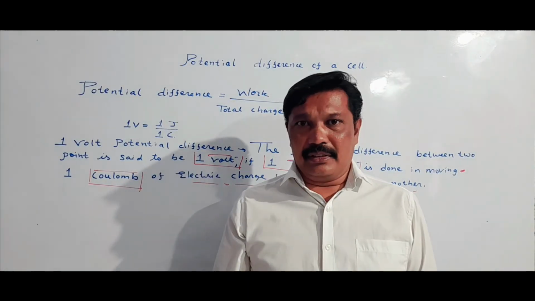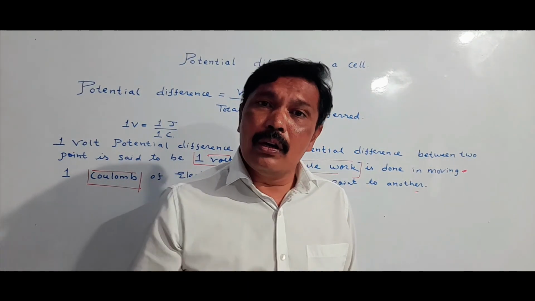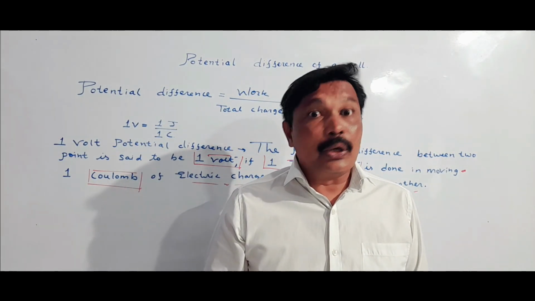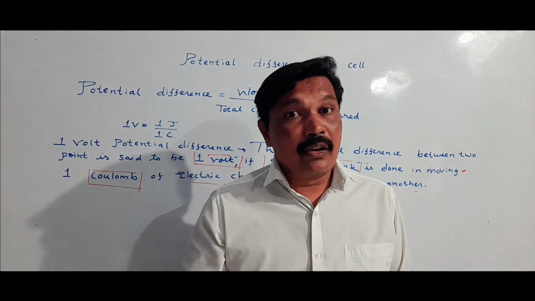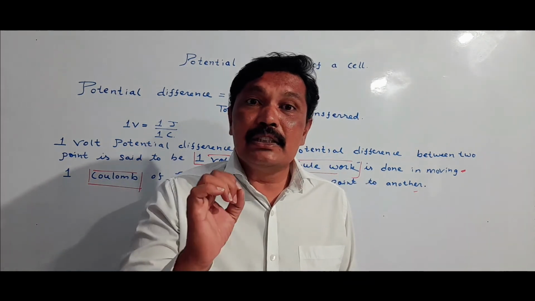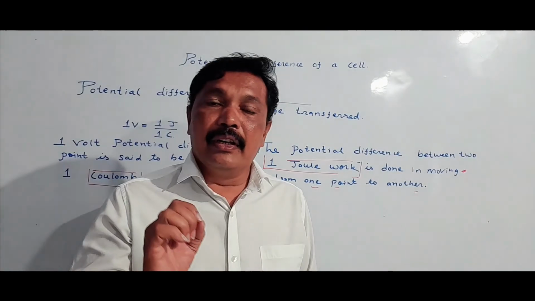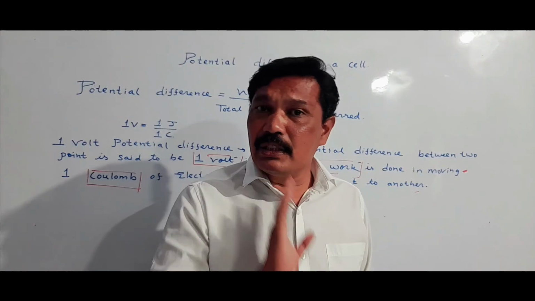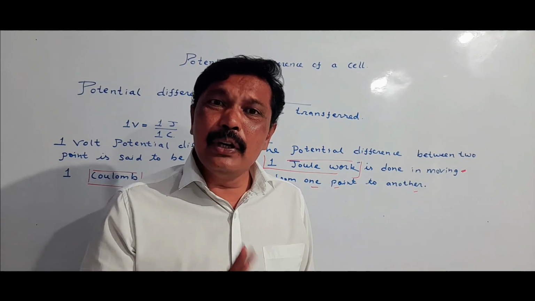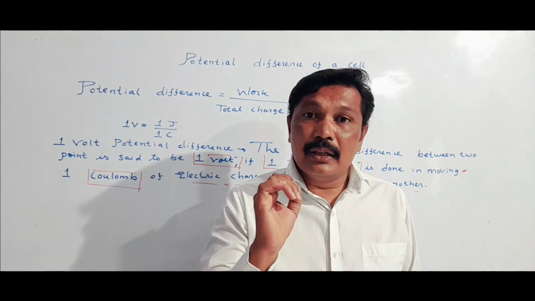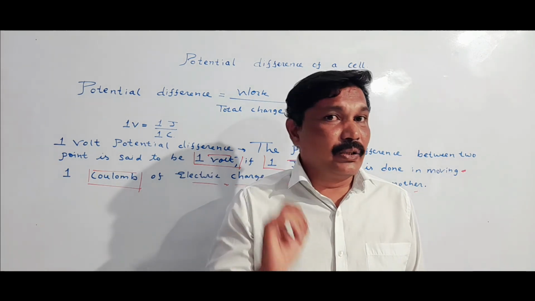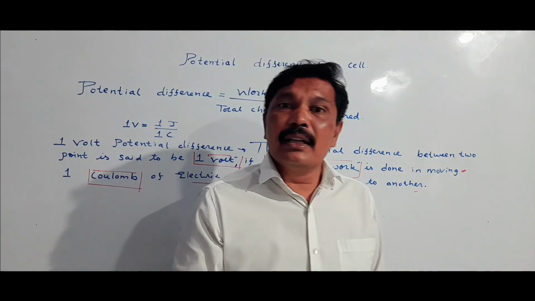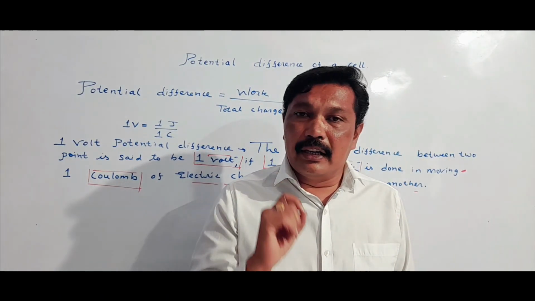What is potential difference? Let's have brainstorming over potential difference. The amount of work done to carry a unit positive charge from point A to point B is called as potential difference between these 2 points. The SI unit of potential difference is volt and is denoted by V. The SI unit of work is joule and is denoted by J. The SI unit of charge is coulomb and is denoted by C.